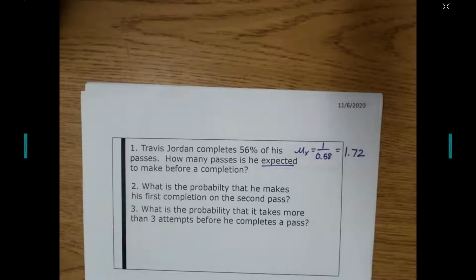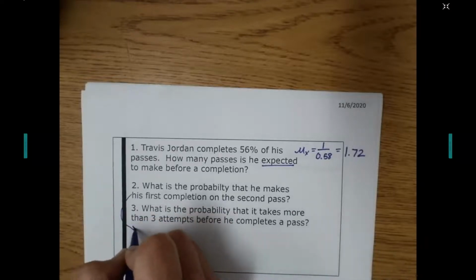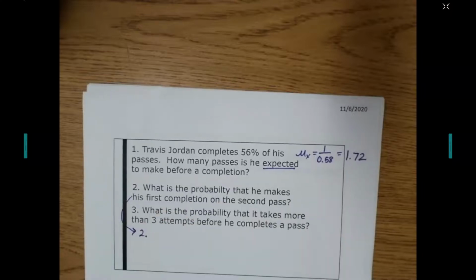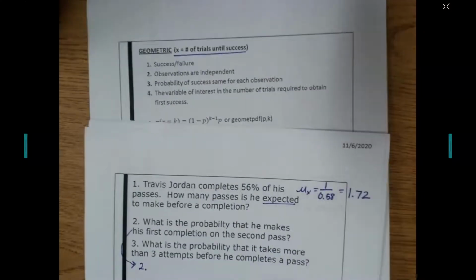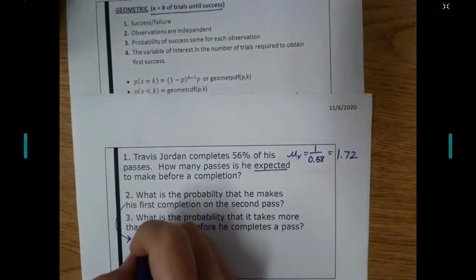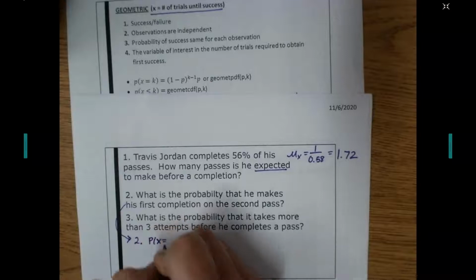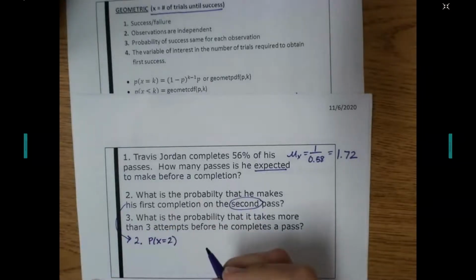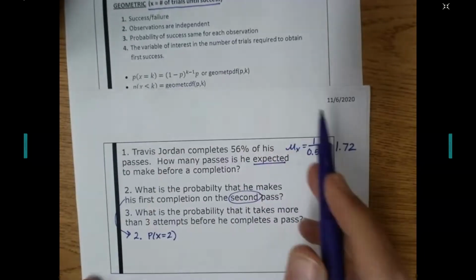Now, what's the probability that he makes his first completion on the second pass? Okay, well, I can do that one of 2 ways. I'm going to come down here where I have a little more room. I can use my formula. On the notes page, let me put that up here so you can see it. It says that if I'm looking for exactly a certain number of trials, so I'm looking for it to happen on the second try, then I'm going to say